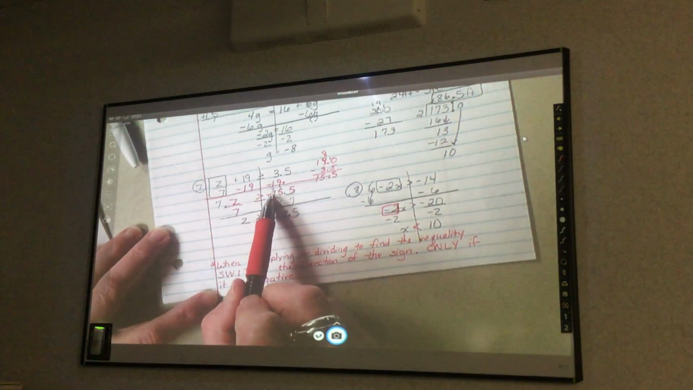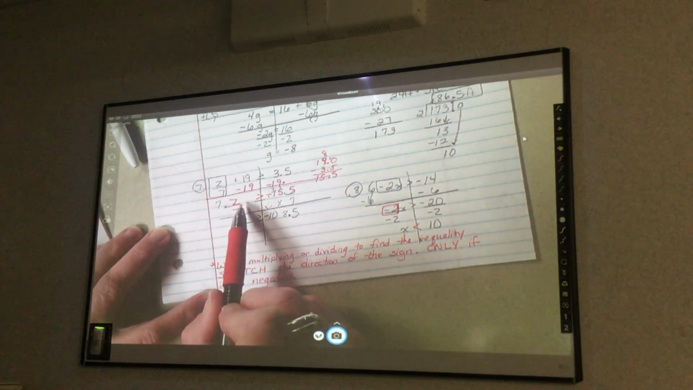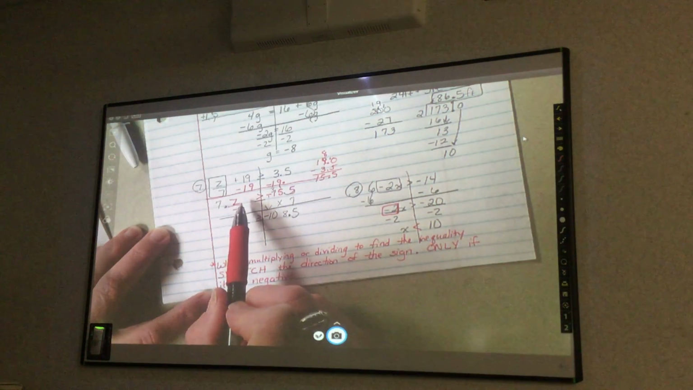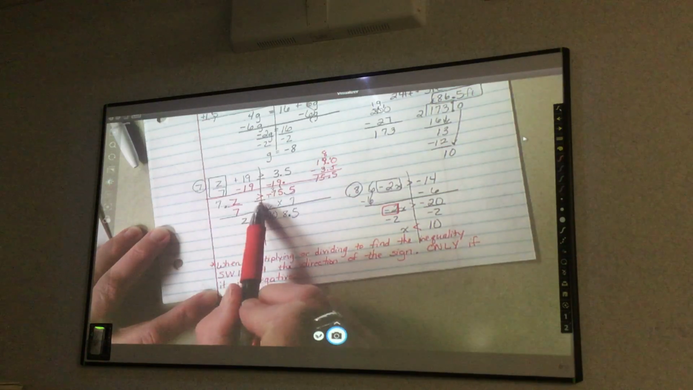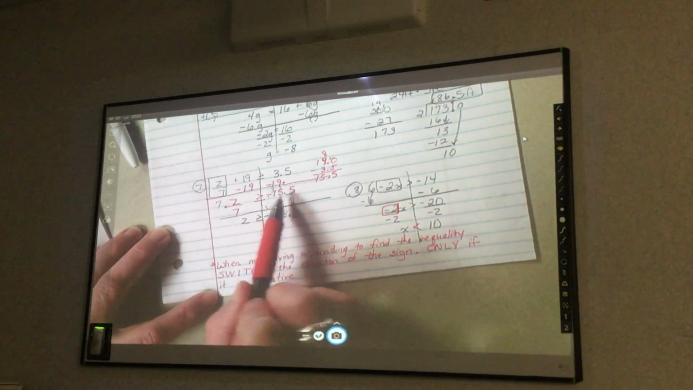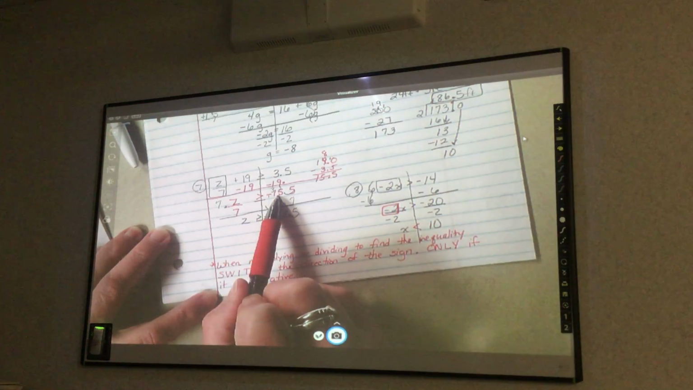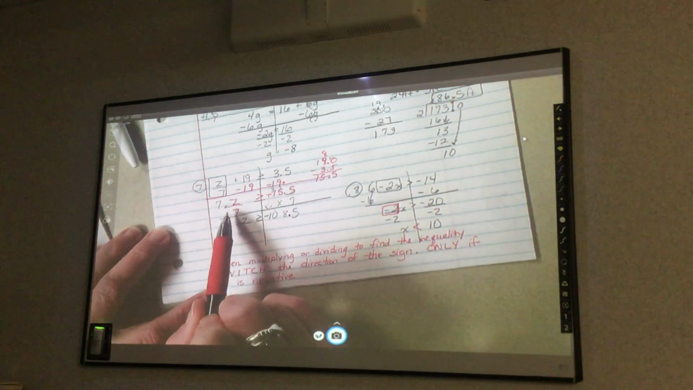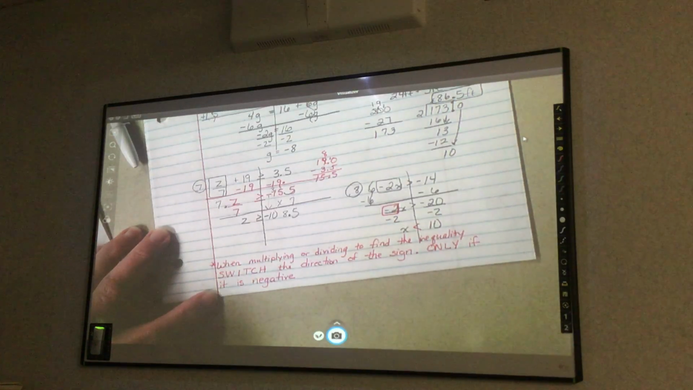So like in number 7, that was a, z divided by 7 is greater than or equal to a negative 15. I divided by a positive. It didn't matter that this was negative. It's what you divide it by or multiply it that's next to the letter. Go ahead and